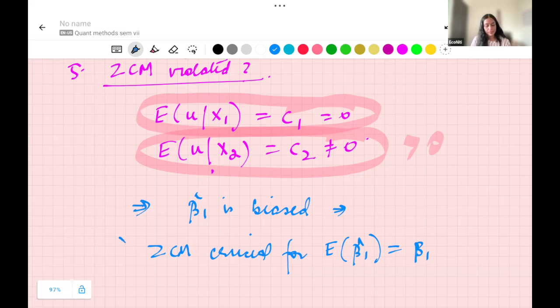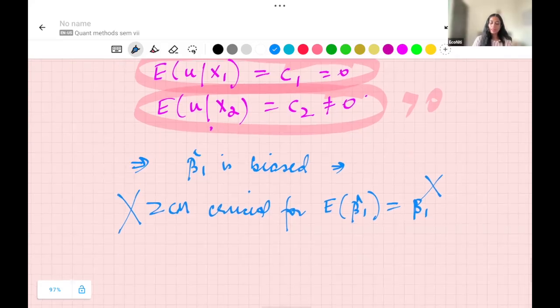Once this is violated, this property goes into the gutter. और इसका मतलब ये है that the expectation of beta 1 hat will not be equal to beta 1 ever. चाहे तुम कितना बड़ा सैंपल ले लो, चाहे तुम कितने सारे वेरिएबल्स इंक्लूड कर लो, what is going to happen is that you will be wrong on average also. Remember, किसी एक पर्टिकुलर